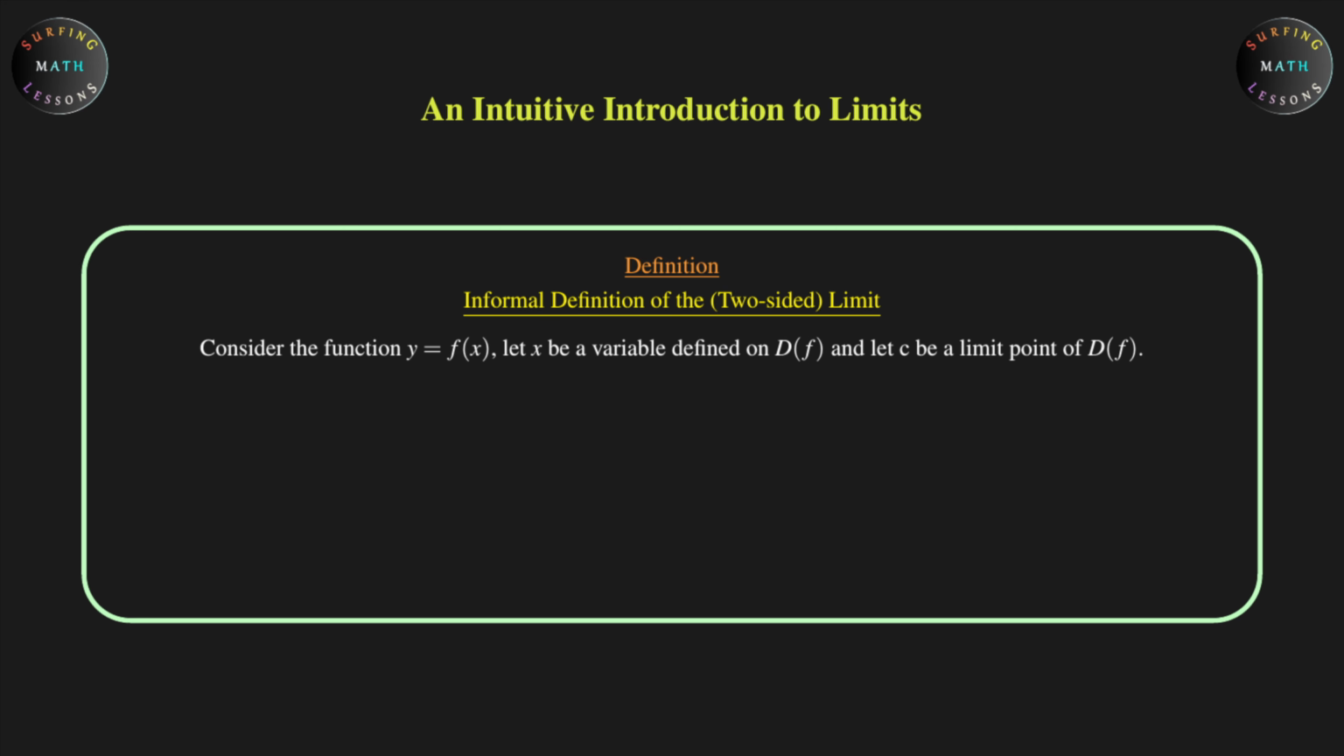Definition of the two-sided limit. Consider the function y is equal to f of x. Let x be a variable defined on the domain of this function, and let c be a limit point of this domain. The number L is said to be the limit of f of x as x approaches c if